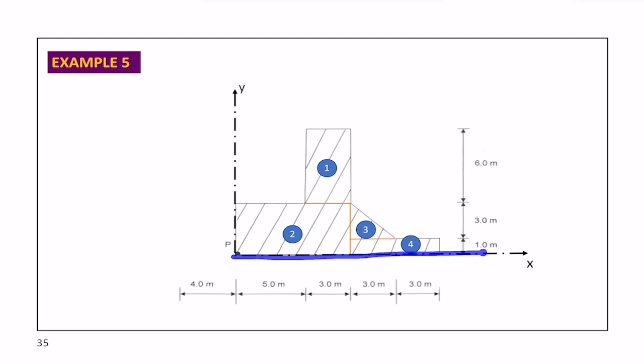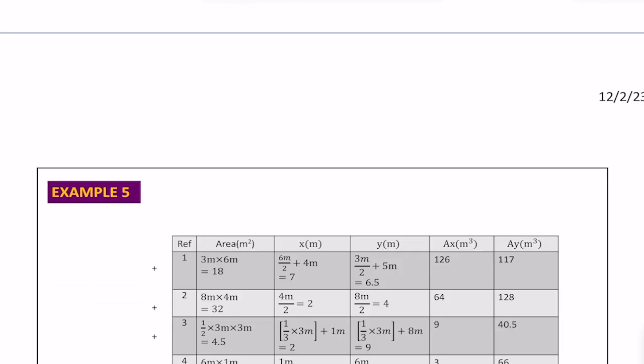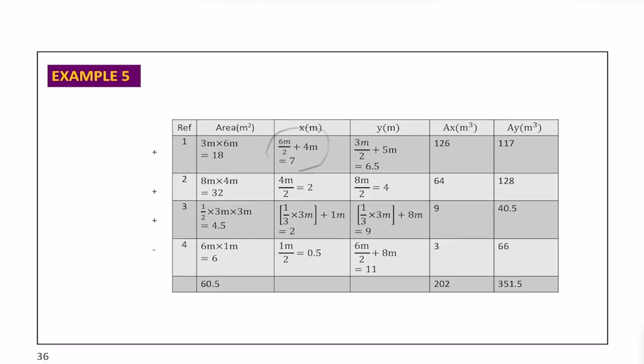So the x-axis will be here, the centroid is going to be around here, and you will need this value. This one is 6 meter divided with 2, and this one is 4 meter. Therefore, 6 meter divided with 2 plus 4 meter to get the distance from the centroid of section 1